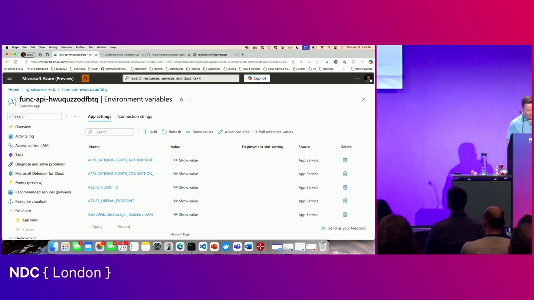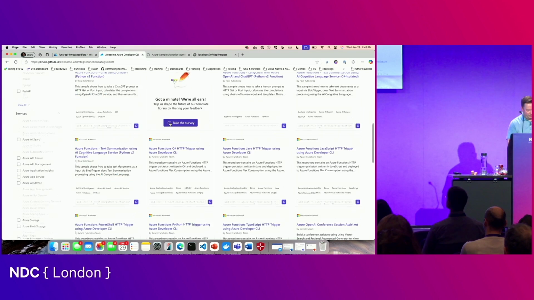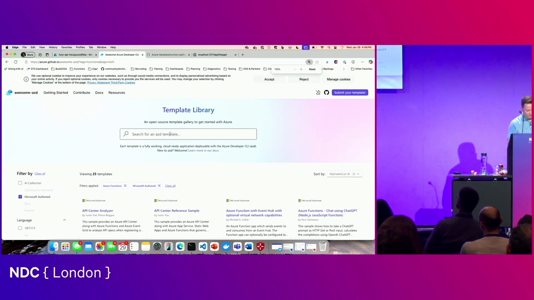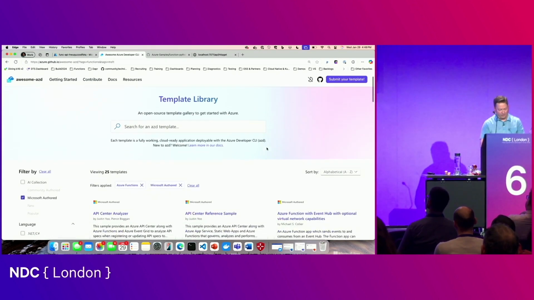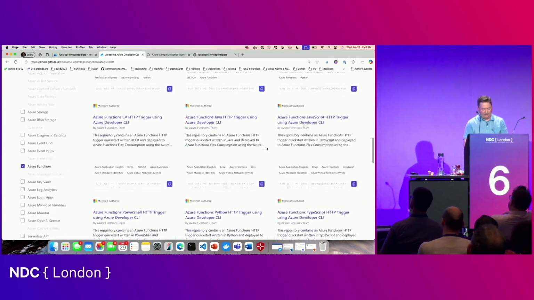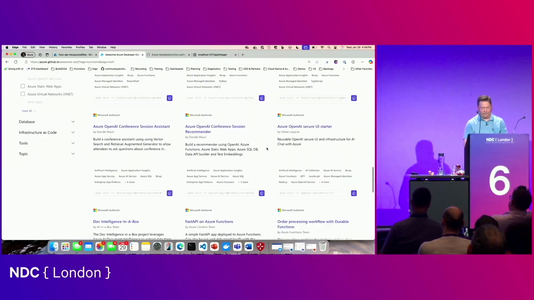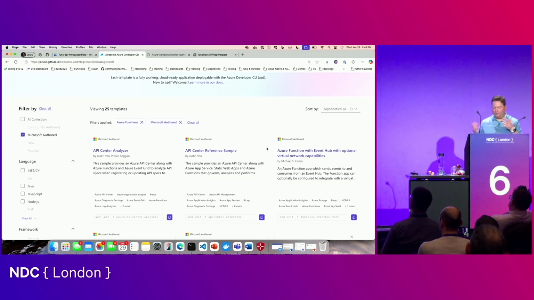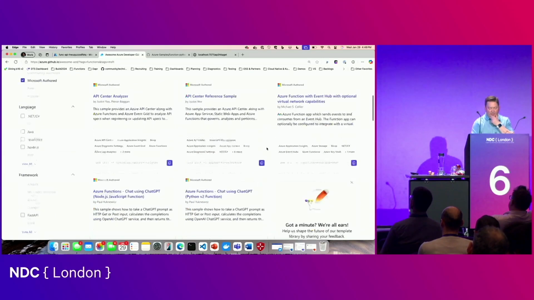Actually, I should start even back a little bit. So the link that I gave you, aka.ms secure-functions samples, is going to take you here. This is a gallery of curated samples that our bigger team has done. And I'm going to take you through these